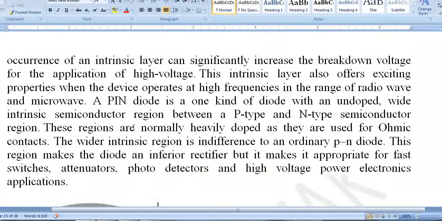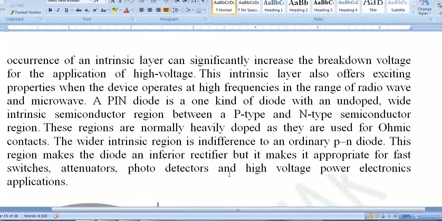These regions are normally heavily doped as they are used for ohmic contacts. The wider intrinsic region is in contrast to an ordinary PN diode. This region makes the diode an inferior rectifier, but it makes it appropriate for fast switches, attenuators, photodetectors, and